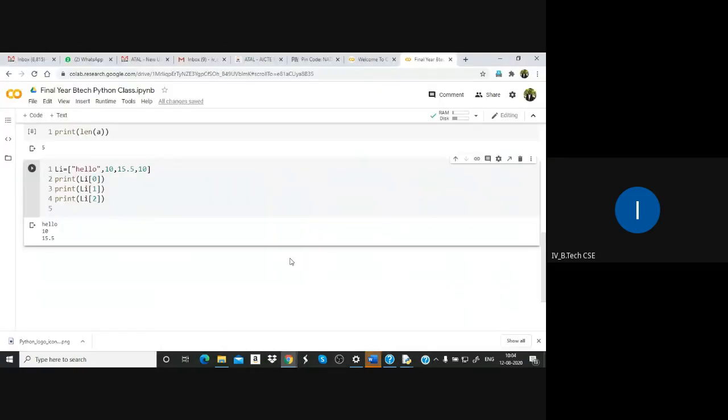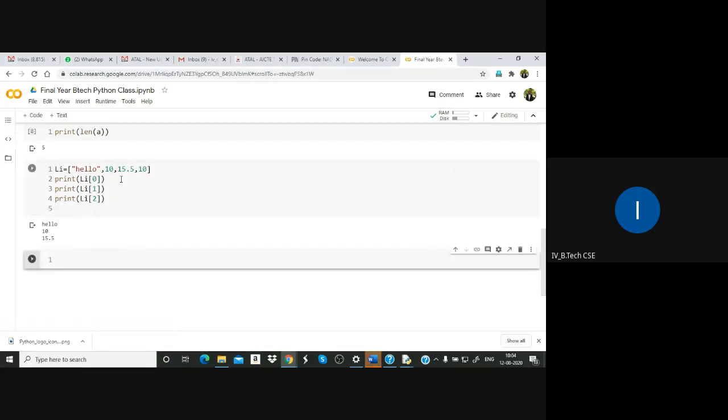So like this, you can have elements. You can have duplicate elements. You can have heterogeneous elements. You can access all this. This is an ordered collection. This is called ordered collection. So why we are saying ordered collection?